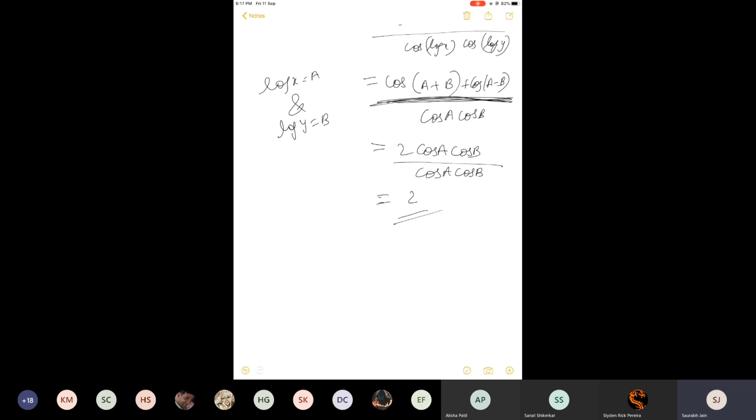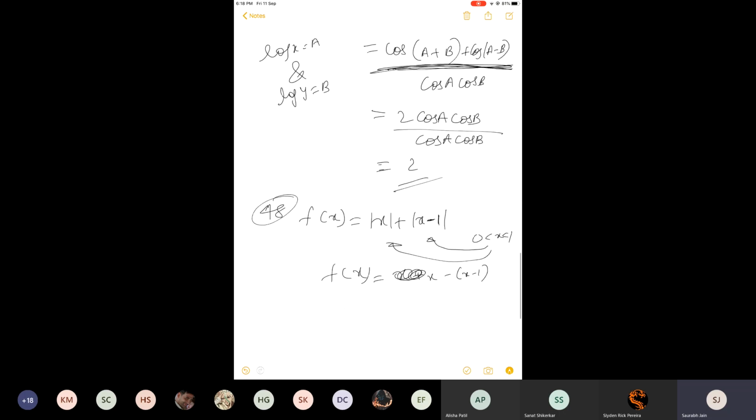You will have to define it, and it is already given what is x. So you will have to open the modulus according to it. X is from 0 to 1. So if x is from 0 to 1, that means the value inside the first modulus is positive. So it will open as such. But what about this value? If x is between 0 to 1, that means though it is a positive value, it is less than 1. So if you subtract 1 from it, it will be a negative value. And modulus gives us a positive value. So it will open with a negative sign.